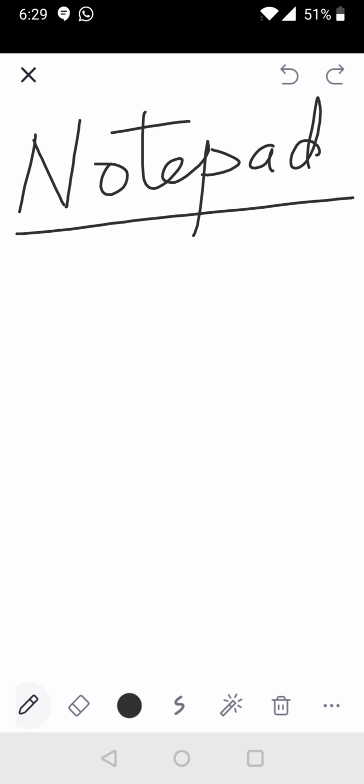तो आप सबसे पहले क्या करोगे? The first step is that you will open what? You will open Notepad. You will start writing your code in Notepad. ठीक है.